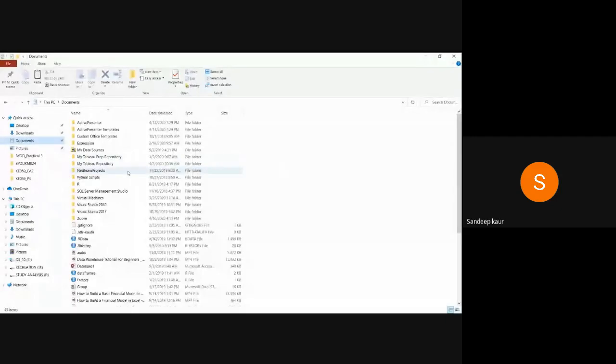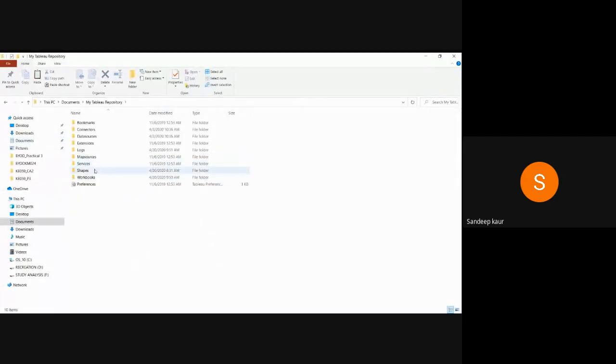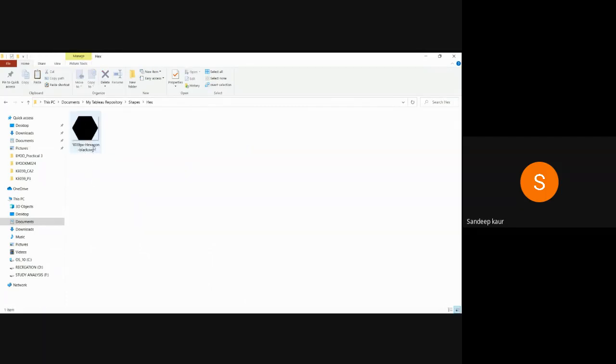I hope you can see this documents screen now. Here I need to go to my Tableau repository. Over there you can see these shapes, and here you can see this hex folder that I've created by myself. And then when you click OK, here you can see this was the image that I had downloaded. So you can simply paste it over there after downloading,